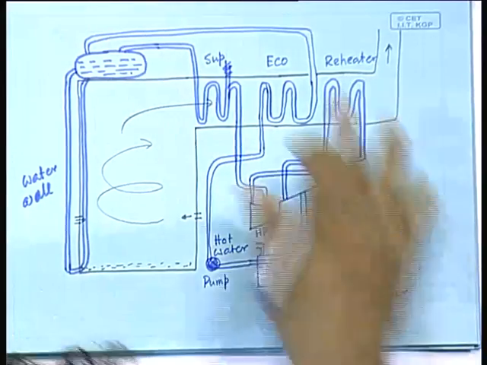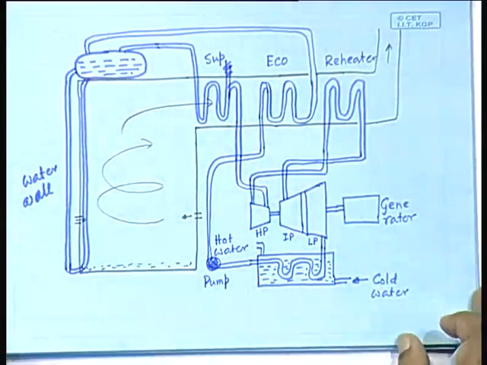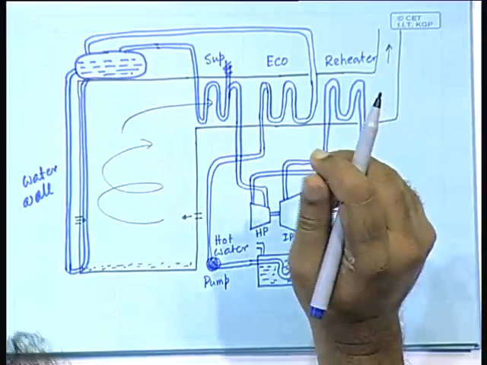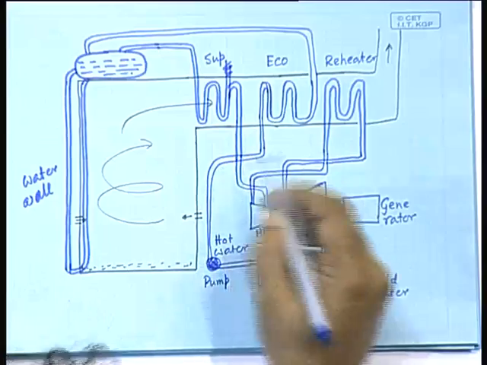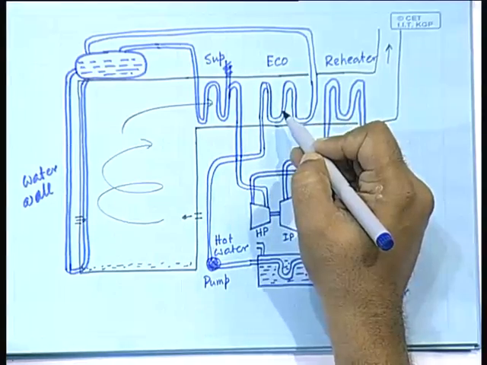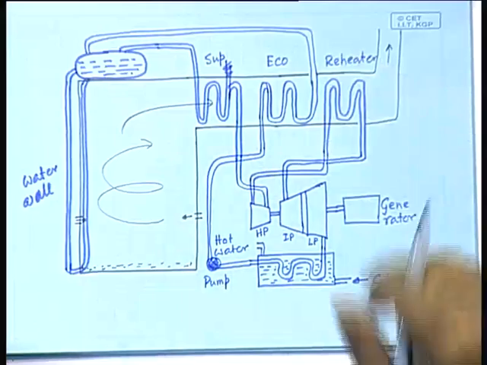So, a part of this is difficult to depict here because it will be too cluttered. So, I am not showing it, but for your understanding, in actual practice you will find in a power plant something called a regeneration system, where a part of the steam is bled out and mixed with this steam that is going. So, that is the first stage, and that goes into the economizer. Okay. So, that is the standard way of doing it. It has been shown that that process improves the overall efficiency of the system.